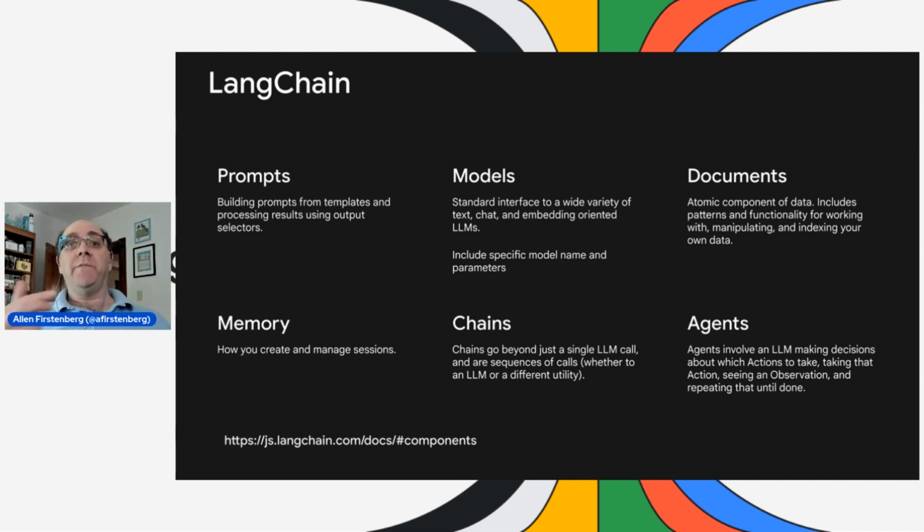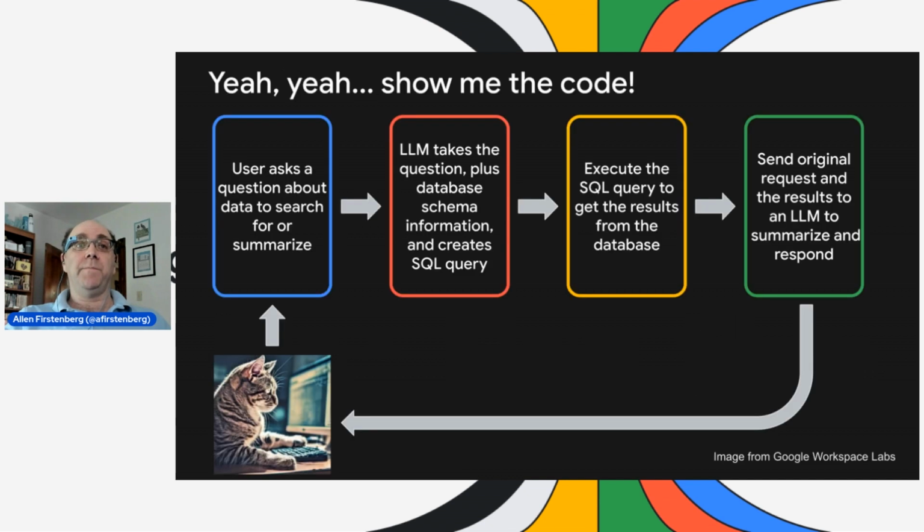Then we start moving to more advanced things. How do we group these things together? So for example, we will want to build a prompt and collect information from the user and apply it to that prompt, and then take that prompt, feed it into a model to get a result, do some processing, and then feed it into a different model. Things like chains and agents let us stream those together, and there are some fairly standard components that have increasingly been growing, so you don't need to write much of the code at all. You're letting the library do a lot of that processing for you.